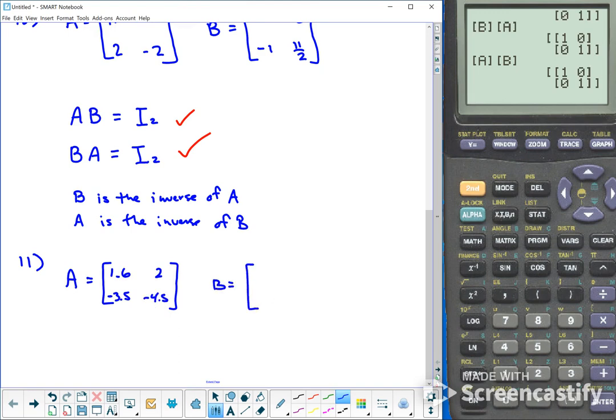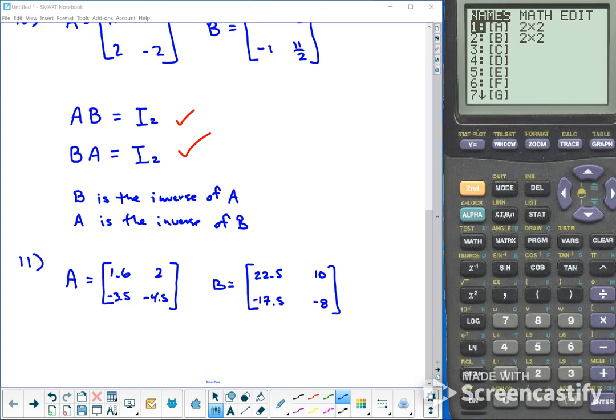Matrix B is 22.5 and 10, negative 17.5, negative 8. Again, I'm going to go back into the matrix and edit those because I already have